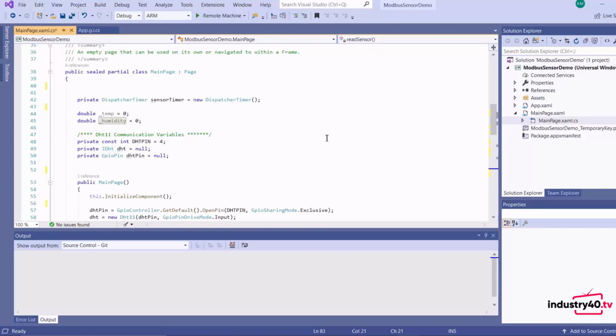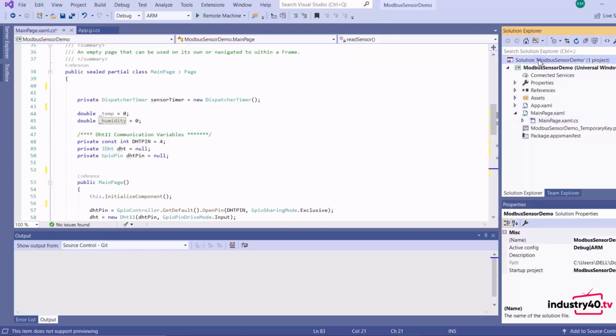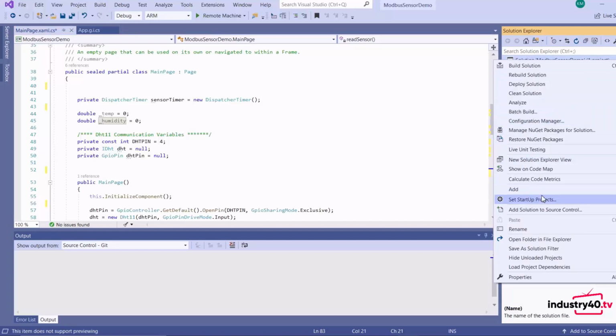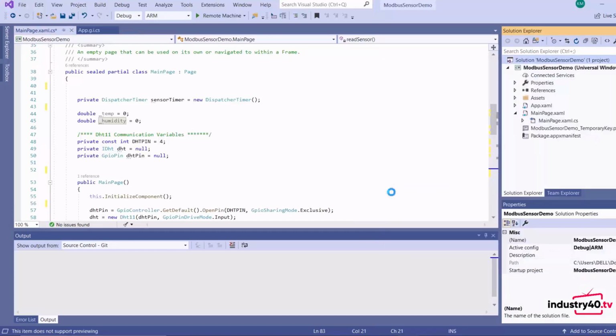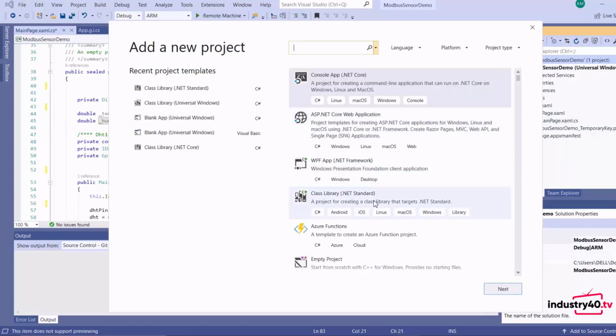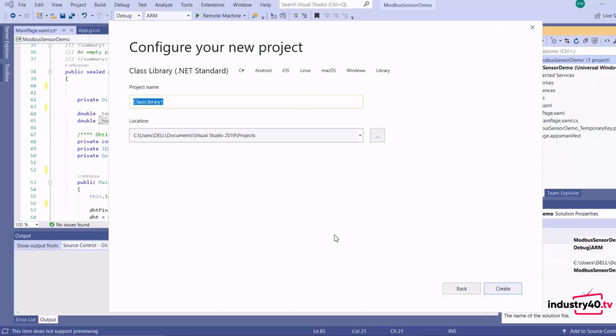The first thing that we need to do is to add an interface. We're going to do that by adding a new class library that's going to act as our data access layer. Then you select a .NET Standard class library, and we're going to call it data access layer.